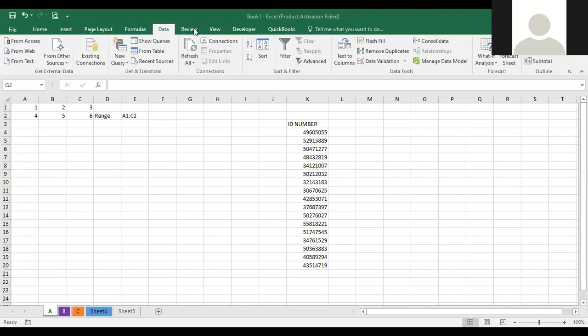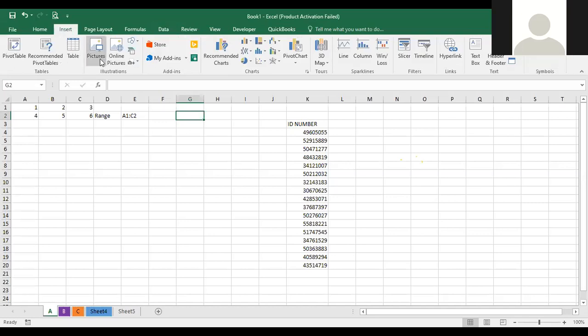Then now that's where you can understand how do I go about something. If I wanted to insert, for example, a picture, where do I go? I go to Insert tab. And once I go to Insert tab, I'll insert pictures. If I want anything that is usually used by many people, I go to the Home tab,